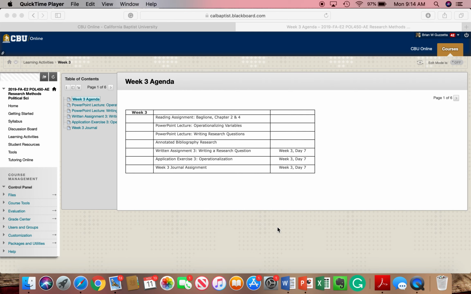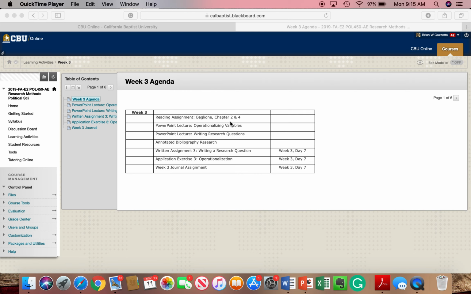So let's break down this week. We're going to start with our reading assignments. This week we have Chapter 2, Getting Started: Finding a Research Question, which is a great chapter to read through. It covers how we need to word the question, how to identify the puzzle, using advice to generate questions, and stating your question concisely and directly. So it's a great chapter.